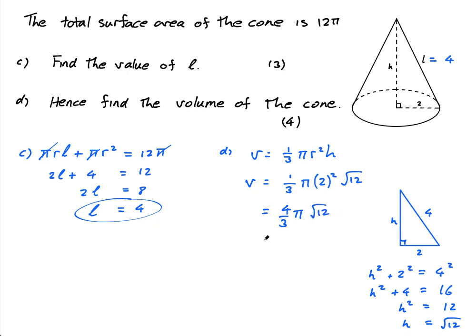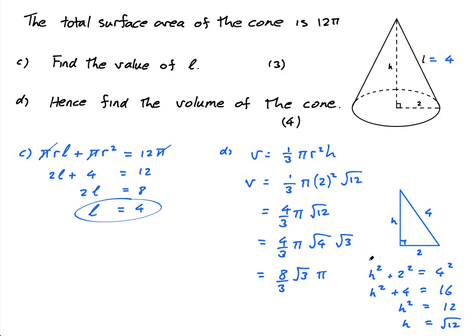But root 12 is, I mean, that's fine, you'd get full marks for that. 4 over 3 pi times root 4 times root 3. Root 12 is root 4 times root 3, and root 4 is 2, so it's 2 times 4 is 8 over 3 times root 3